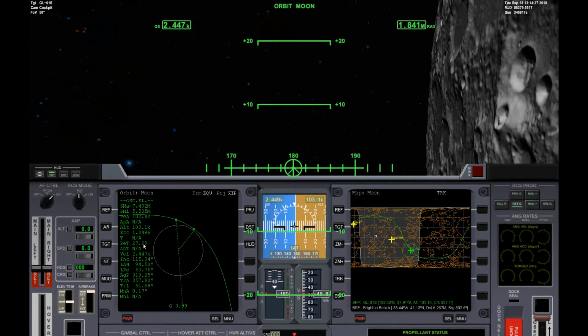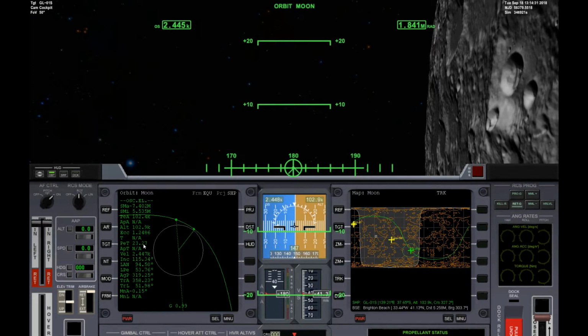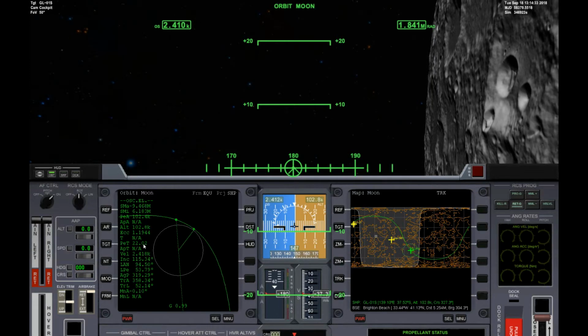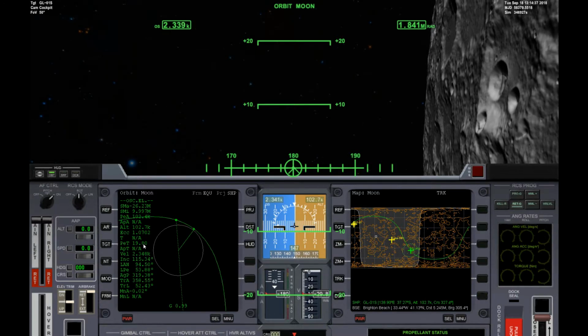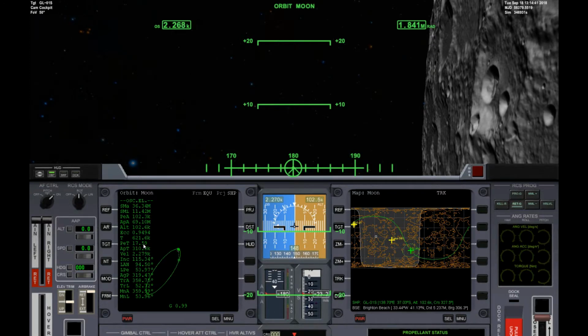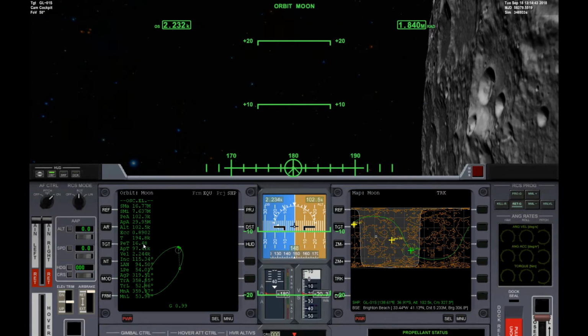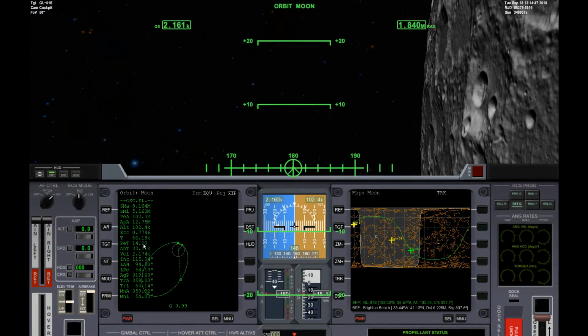6, 5, 4, 3, 2, 1, 0. We're removing 815 meters per second of delta V, and we've been captured by the moon. We're going to stick around here for some time. We're going to continue decreasing this,